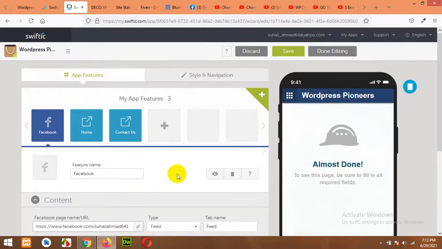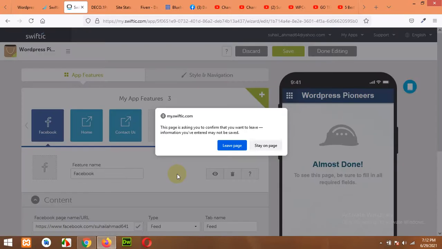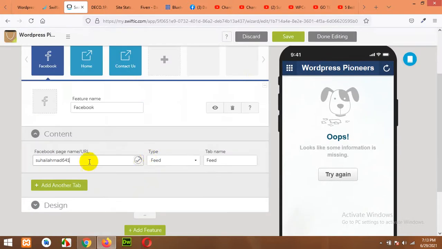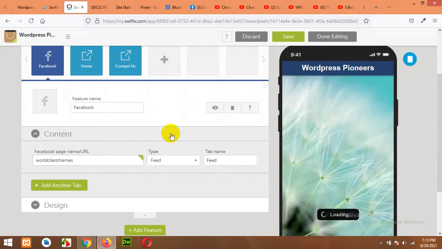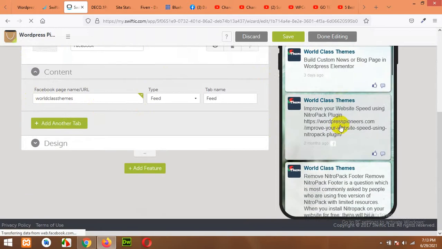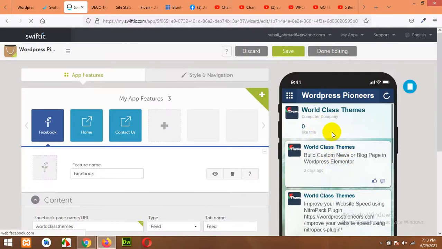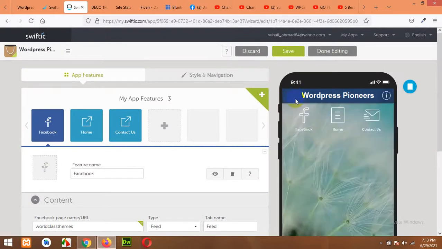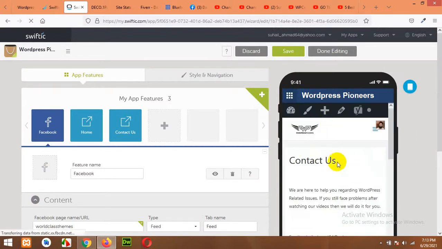And save it. Let's add our page link, and once you click on Facebook, your page will be loaded here in the app, and home page will be your website's home page, and contact us will be your contact page.